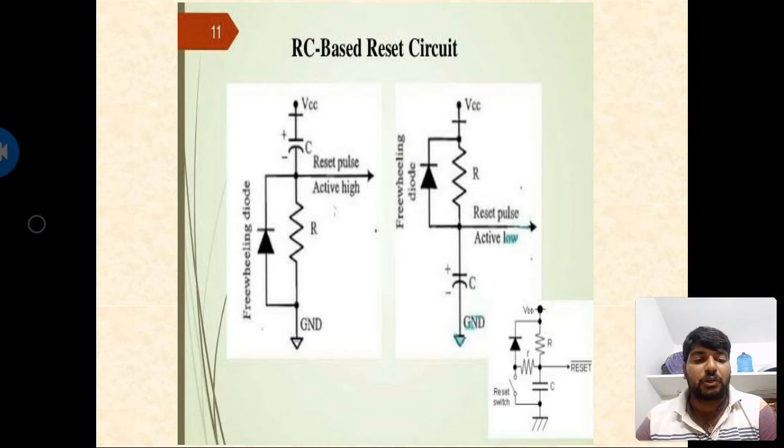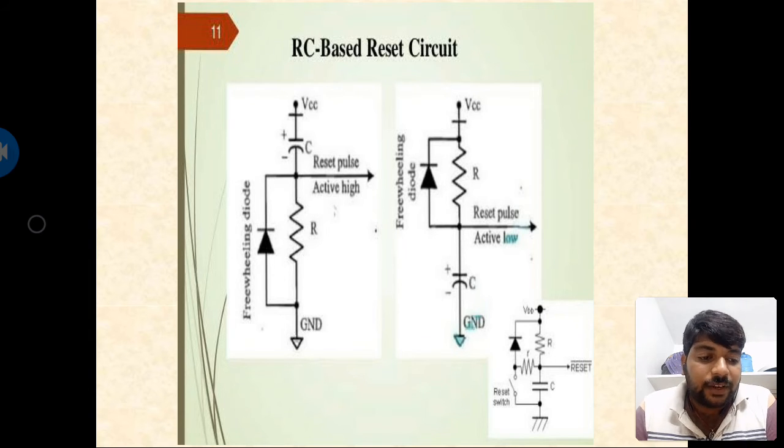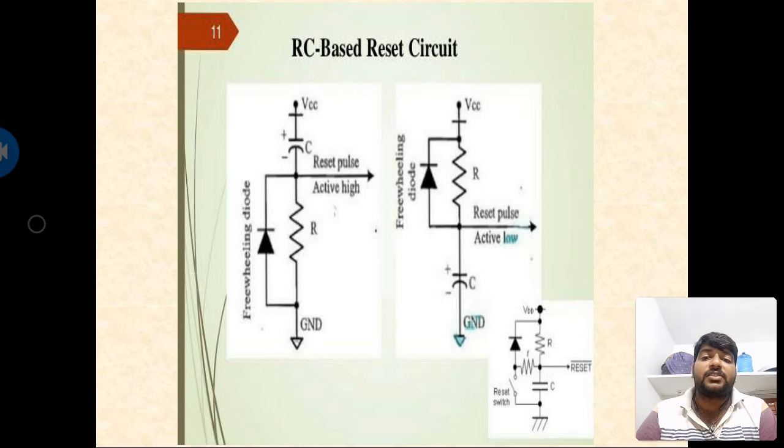On the other hand, in the internal configuration, the microprocessor or controller contains an inbuilt reset circuitry which depends on the clock signals that are synchronized to the processor operation. An RC based circuit has active high and active low configurations,